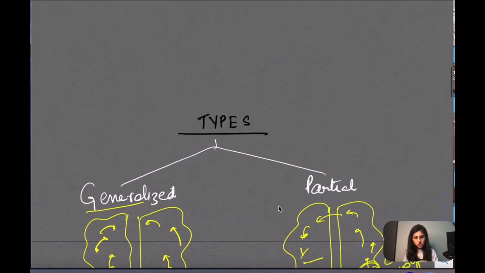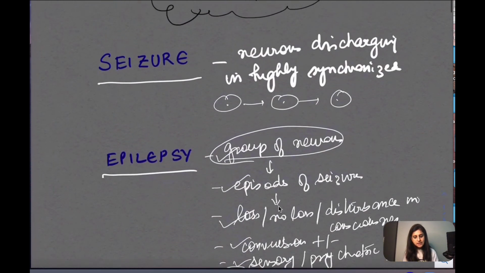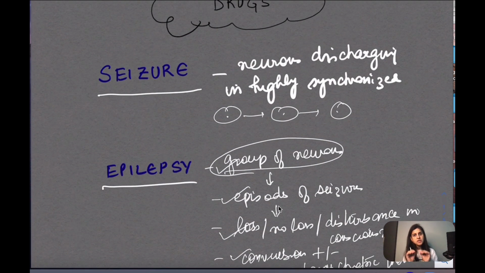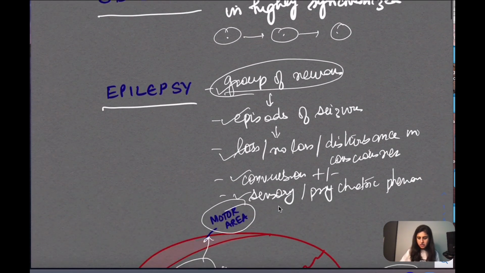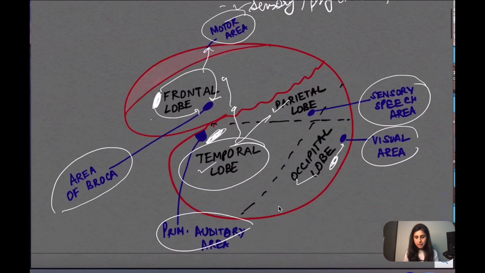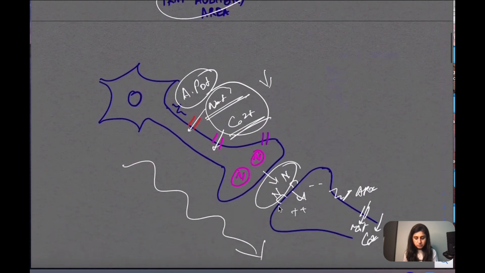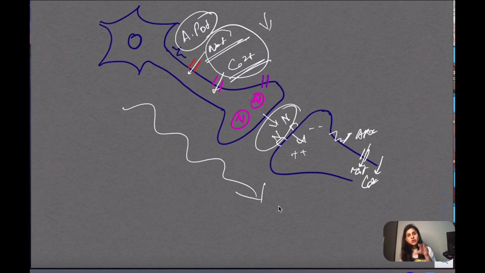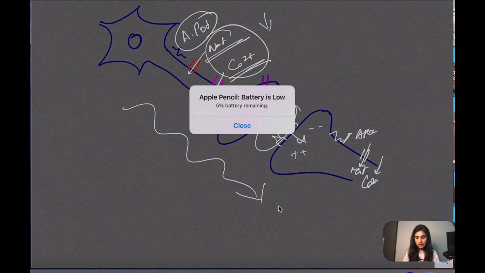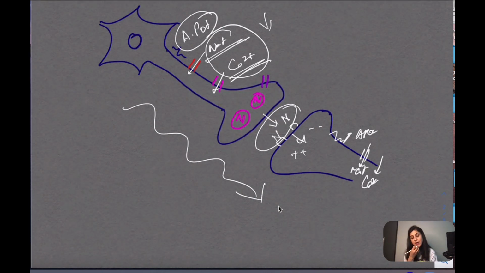So now we have just covered the general points: what is seizure, what is epilepsy, and the difference between them. Every seizure is not epilepsy. Epilepsy is like a syndrome with so many things together, and it depends on what area of the brain is involved, which leads to those kinds of signs and symptoms. And I told you how one neuron talks to the other. They talk by releasing neurotransmitters. And within the neuron, how does the talking happen? By action potential. So this is how it happens.